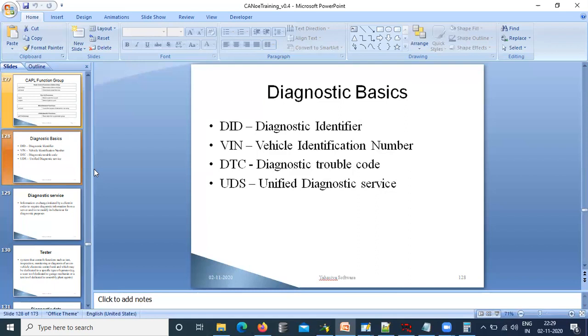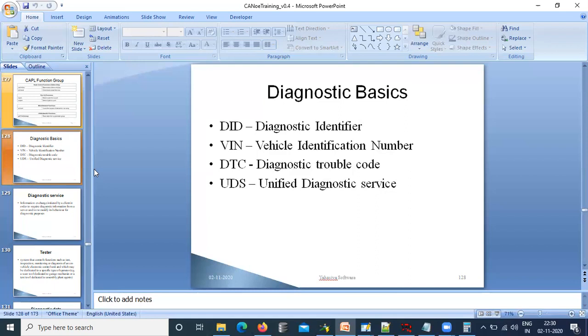You have given a very good boost to me, and you minimized my work because you already knew many things. The points that I am giving you will help you polish your knowledge of diagnostics and give you a clear identification. We are also going to implement the diagnostic layer for the ADOS module that we took as a project. Before that, we have to understand the diagnostic basics. There are some acronyms used in diagnostics that we are going to study now.